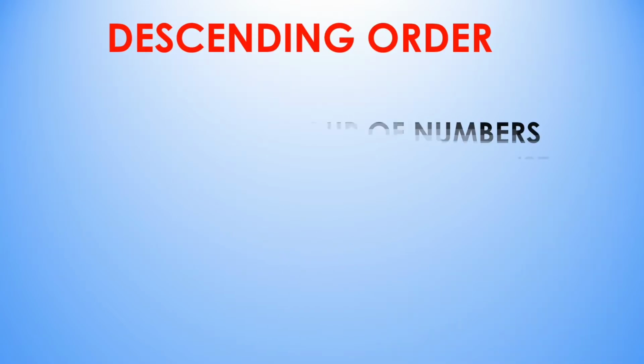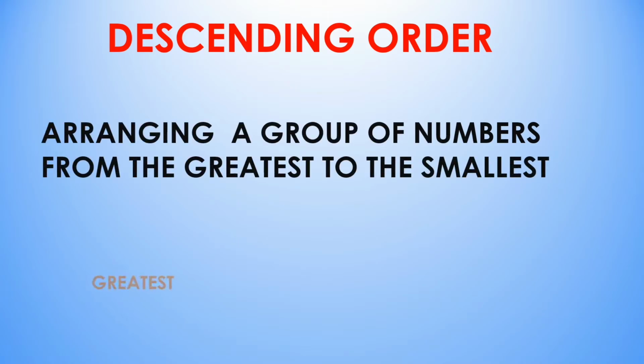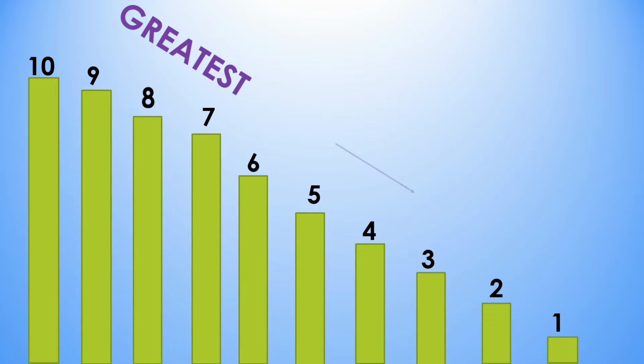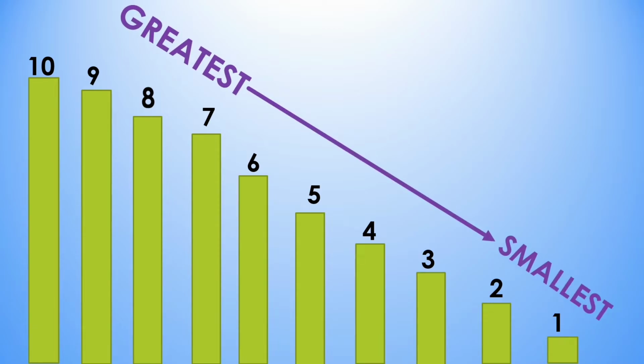Descending order, arranging a group of numbers from greatest to the smallest. Children, keep in mind greatest to the smallest. Descending order is also known as decreasing order. Greatest to the smallest. 10, 9, 8, 7, 6, 5,